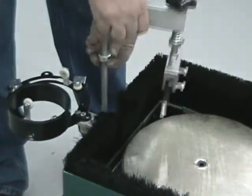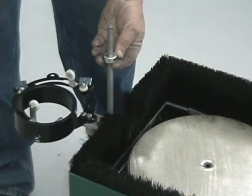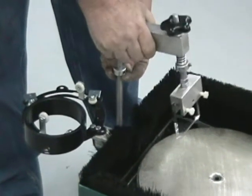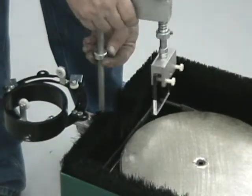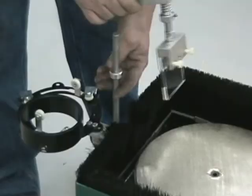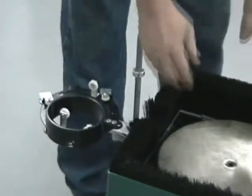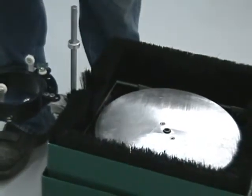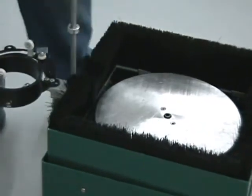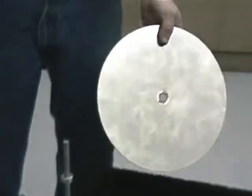See, and then you can take it off and put another piece on and repeat it or index it, and then put it right back on. See, this collar will repeat you to the same spot every time. And then, say, you would be taking the magnetic disc off, and you put up another one. See, and they're magnetic, so all your steps from rough grind to